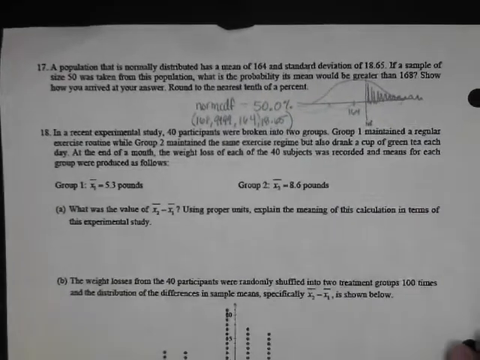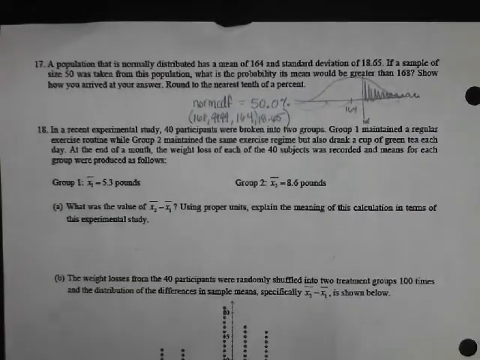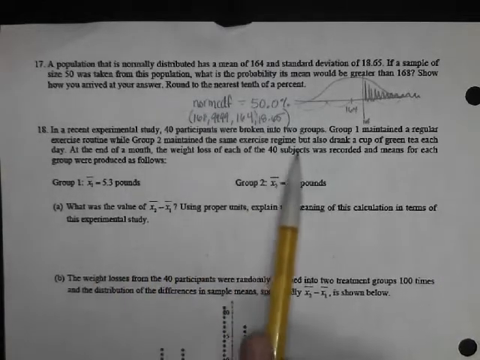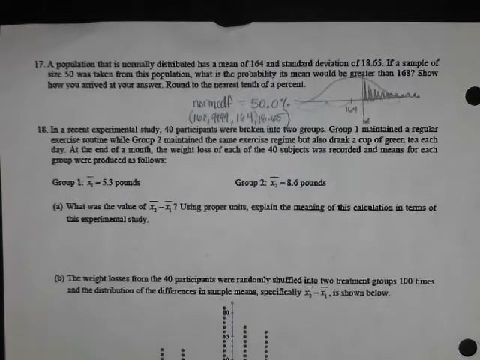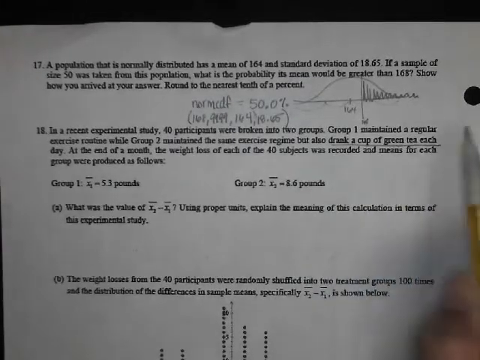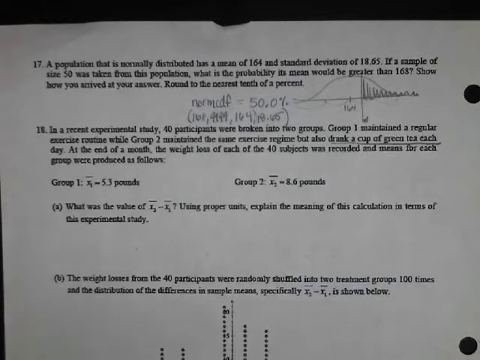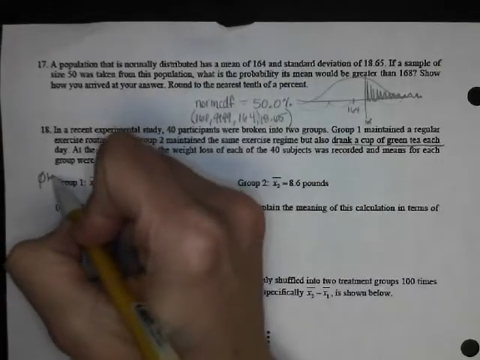Okay, in a recent experimental study, 40 participants were broken into two groups. Group 1 maintained regular exercise. Group 2 maintained the same exercise regime but also drank a cup of green tea. So they exercised the same. So that was the variable we were controlling, was their exercise. The second group drank a cup of green tea each day. So I think what we're trying to figure out is, does drinking a cup of green tea help lose more weight? So Group 1, which was no tea,